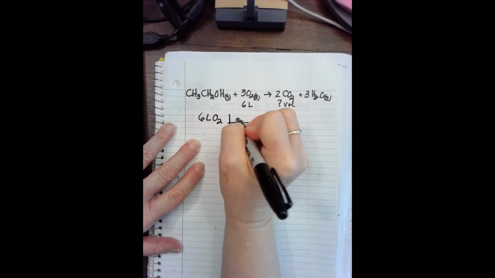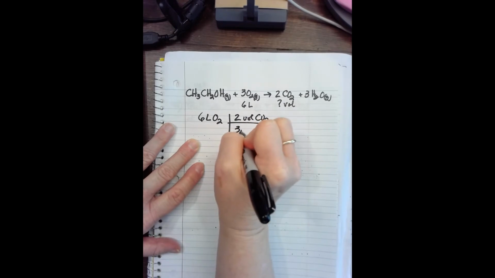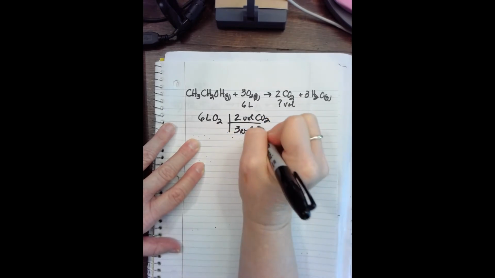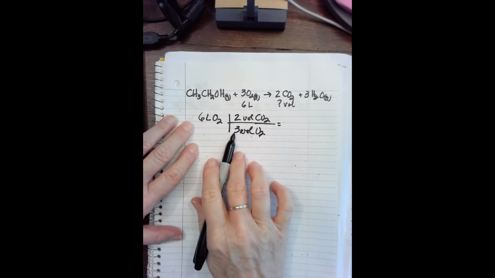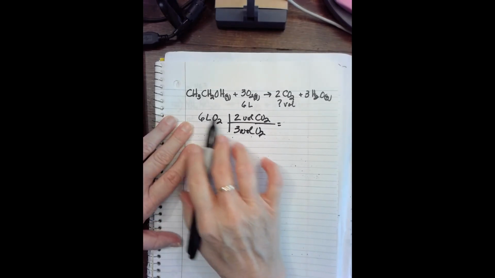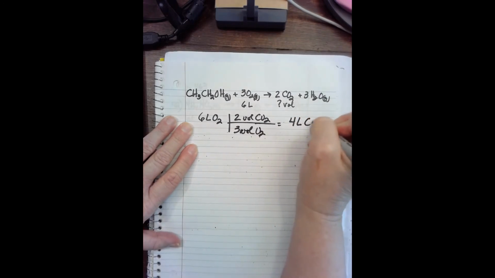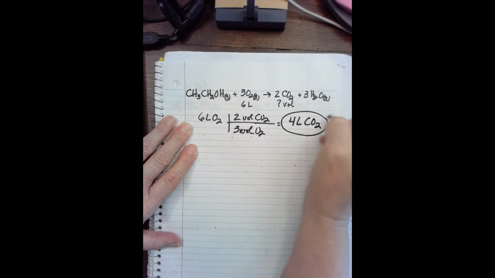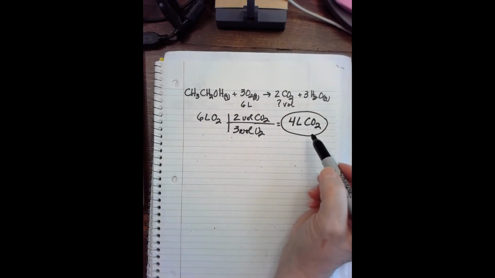And again, 2 volumes of CO2, 3 volumes of O2, all right? So 6 divided by 3 times 2 gets us 4 liters of CO2 will be produced, all right? Now, here's something to just think about. If this was at